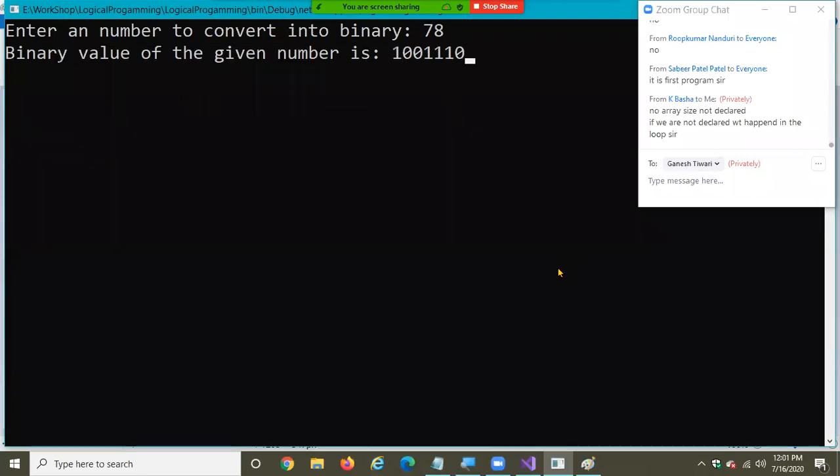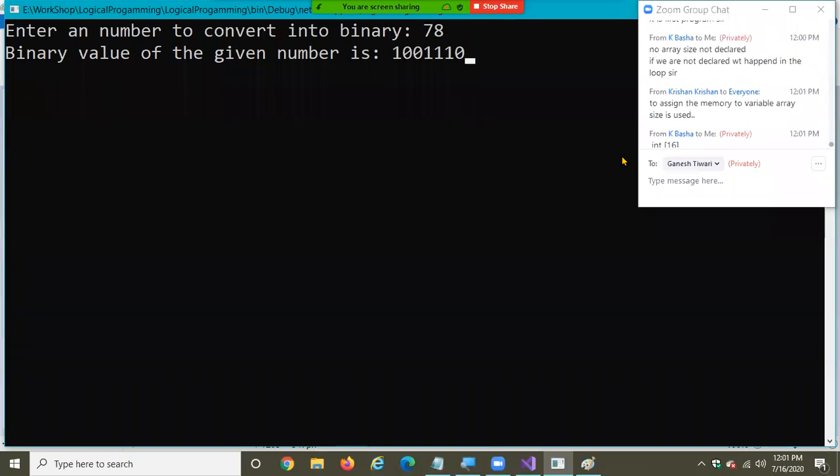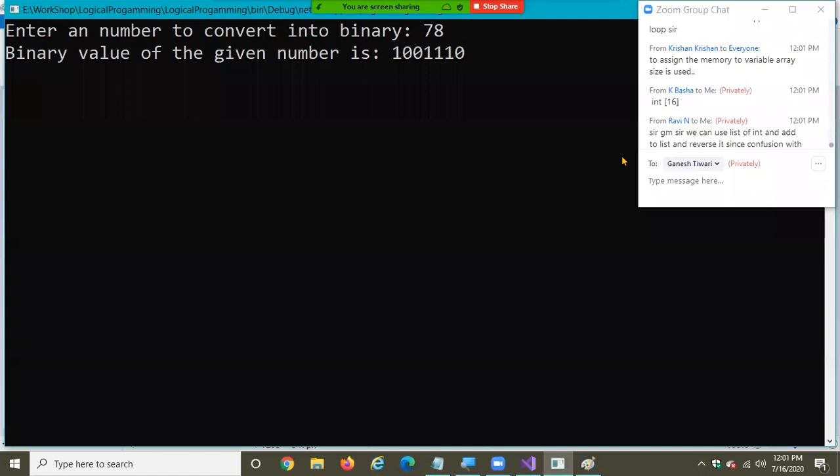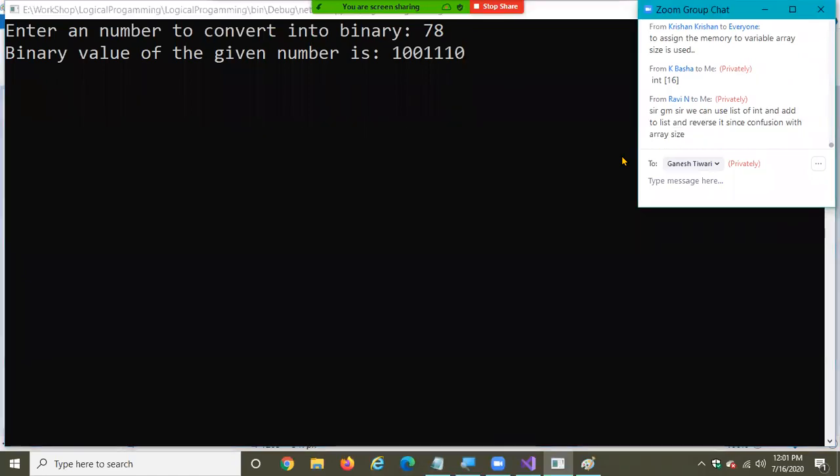If you don't answer, what should I answer you? What did I ask you and what are you answering? What is my question? When should I use the array size for printing the values?